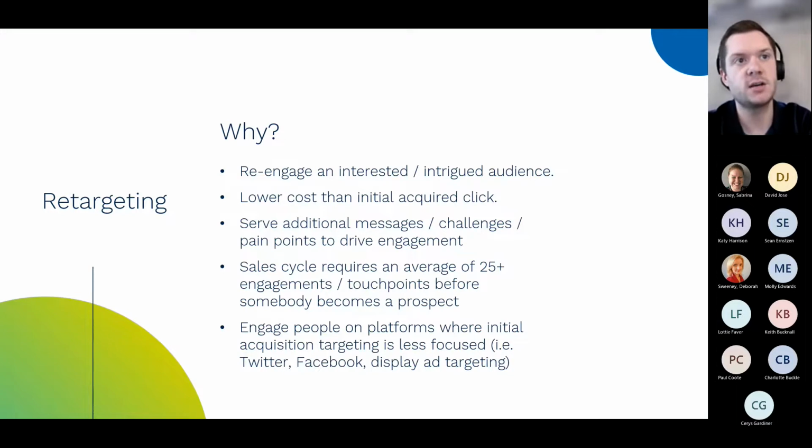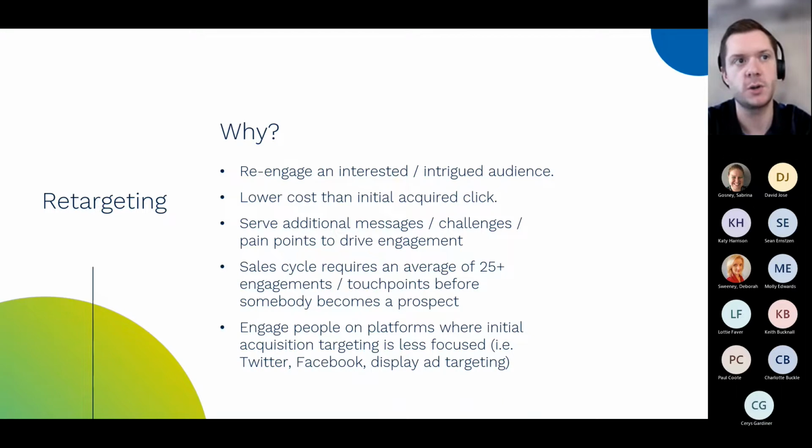The average sales cycle to acquire a new prospect actually requires over 25 engagements. I think it's about 27, 28 in a recent Adobe report about a year ago. So we just need to think about constantly getting in front of somebody. That might be a social post they see, it might be an email, it might be they see us in a search results page for something that they've searched. It might be that they've seen an ad. We need to be getting in front of these people on regular occasions. If they've clicked onto our website, they're that one step closer to that 25 number, or even less if the messaging's right.